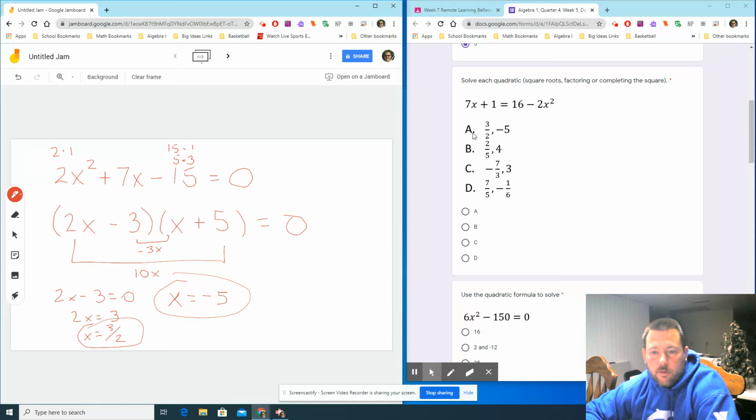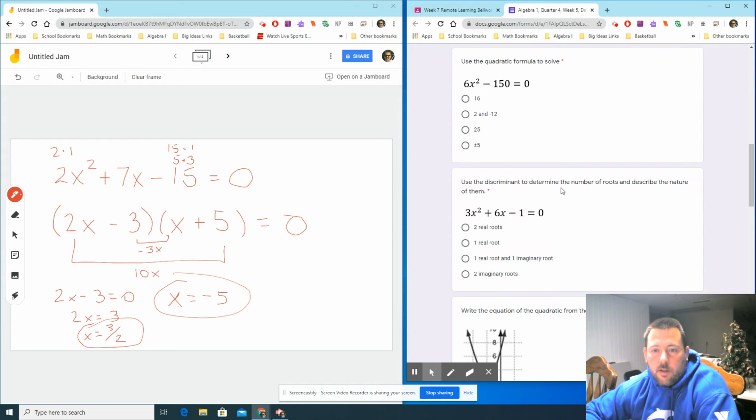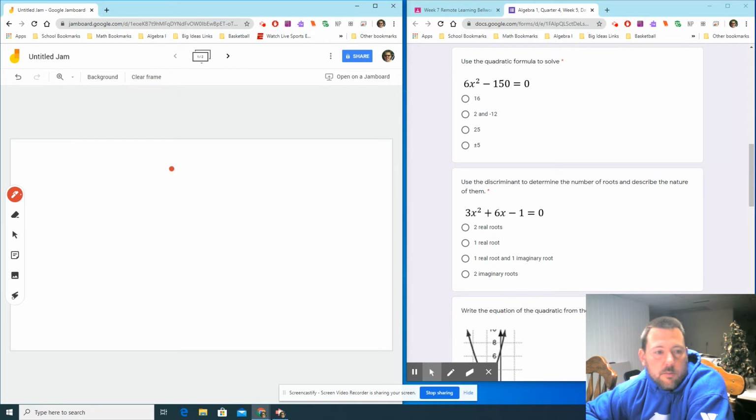So what do we get over here? 3 halves and negative 5. Yep. All right, and then using the quadratic formula to solve. It's actually one of my favorite things. Makes me feel like I'm doing some major algebra here. We got an a value of 6. We have a b value that's not there, so 0, and a c value of negative